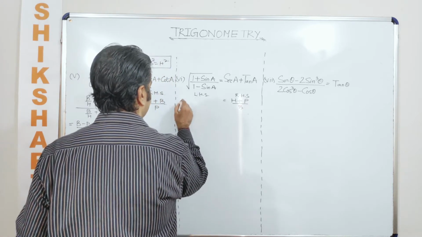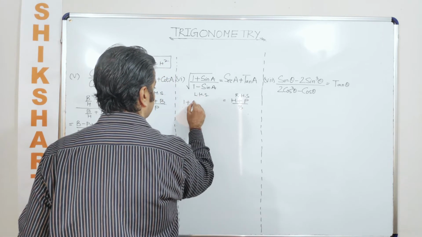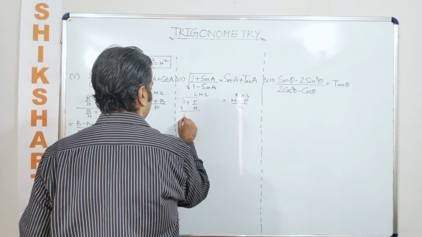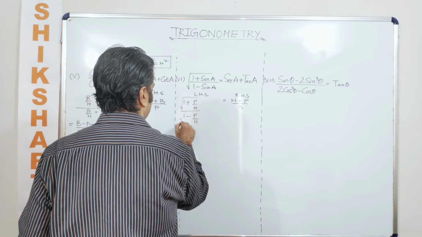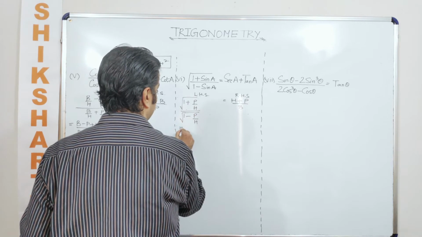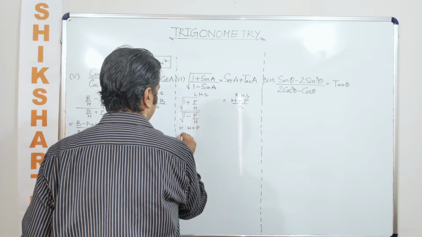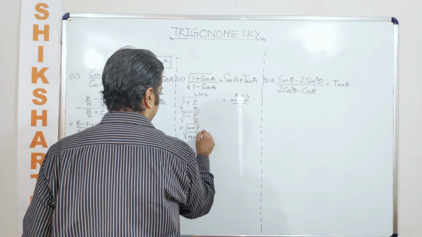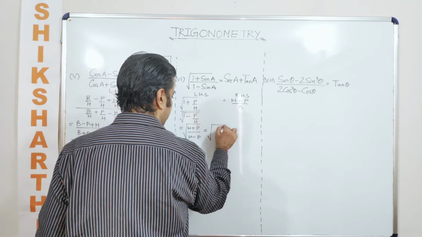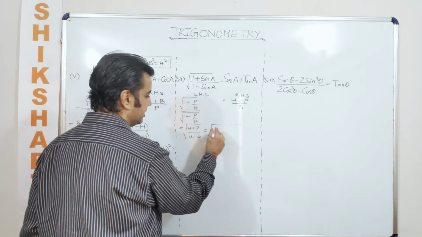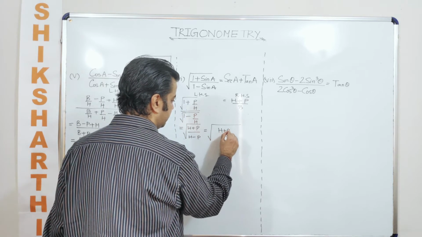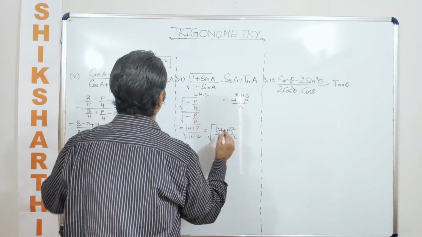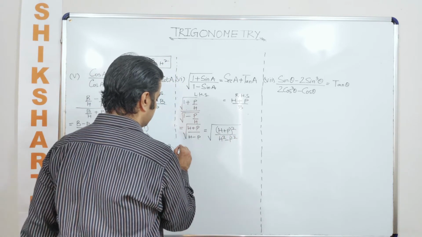Now talking about the left hand side value, can I say this is nothing but 1 plus p by h divided by 1 minus p by h, which can further be written as under root of h plus p divided by h minus p. Now if I multiply inside the under root itself, the numerator and denominator by h plus p, I get h plus p whole square divided by h square minus p square. Now h square minus p square is b square.